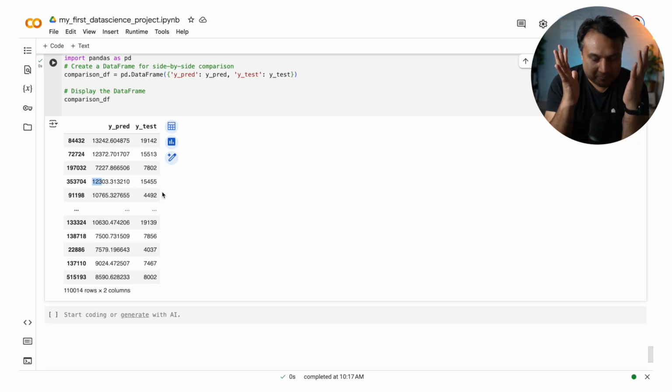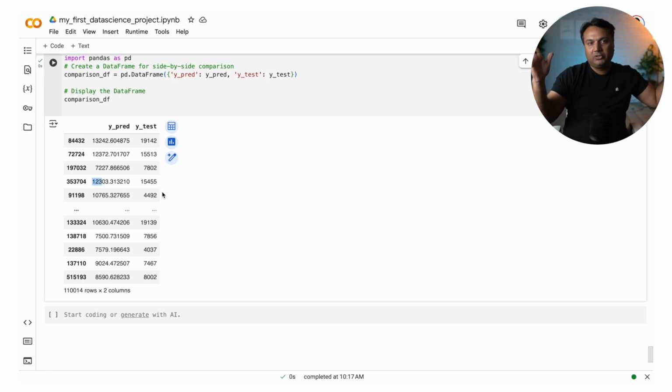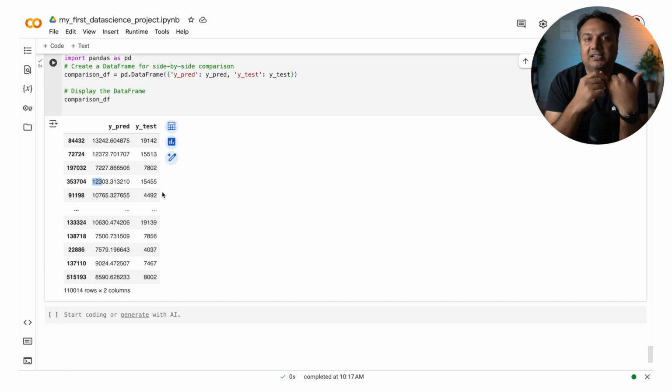And this entire walkthrough is not restricted to this particular use case. You can do the same thing for any other use case you have in mind. You can use the same approach to predict house prices. There are just so many things where you can apply it.